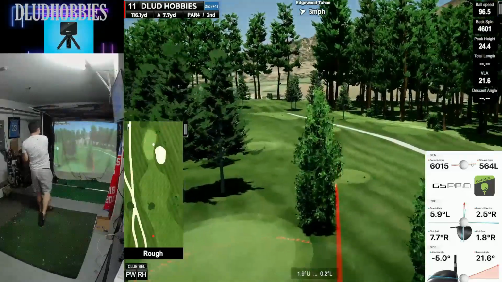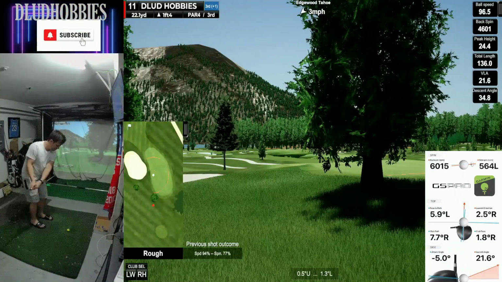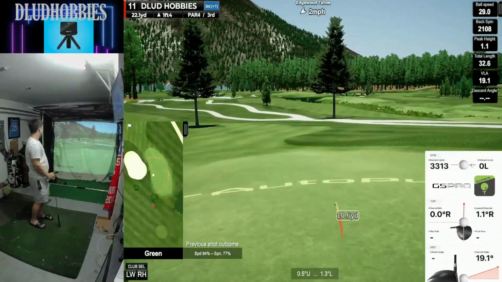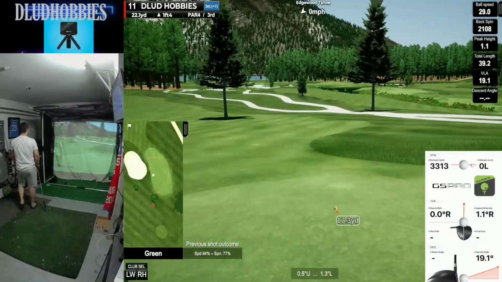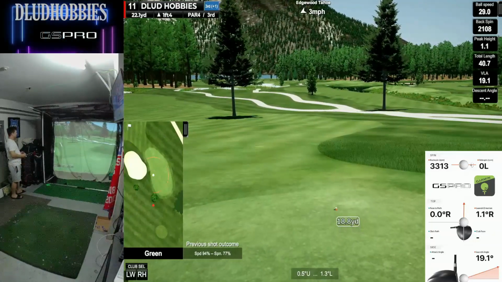Trying to hit a draw back around the tree and just kind of killed it about 20 yards farther than I wanted to. And now I gotta hit some sort of a punch shot under, and it will catch the ridge and roll all the way to 3-putt land. It's gonna be a double bogey, so all of a sudden going from +1,